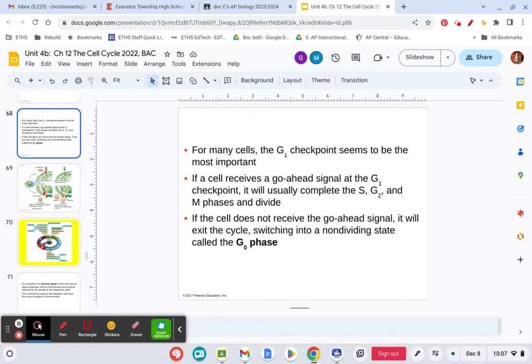The midterm is just going to be multiple choice. The unit 4B test will be multiple choice and short answer as well. Next week, I'm going to give you some practice questions for unit 4B to get you back into how to take a multiple choice test again. And those will be reflective of the types of questions you may see on the exam.